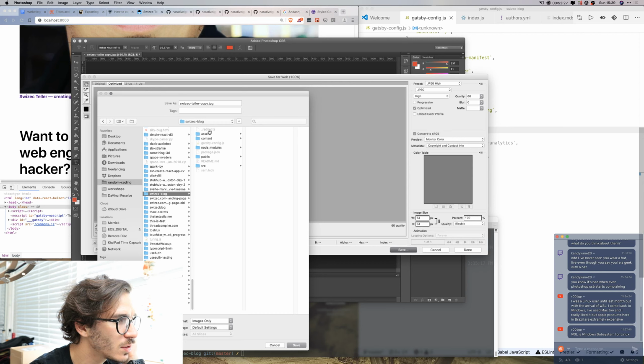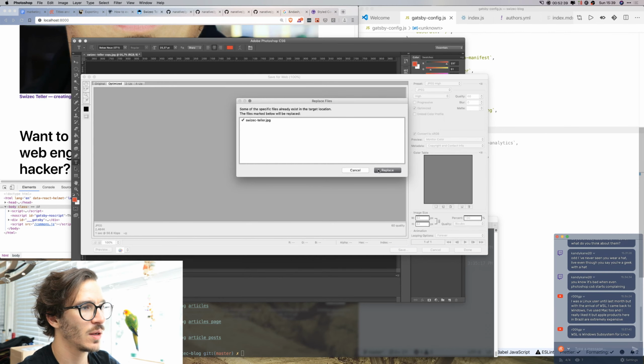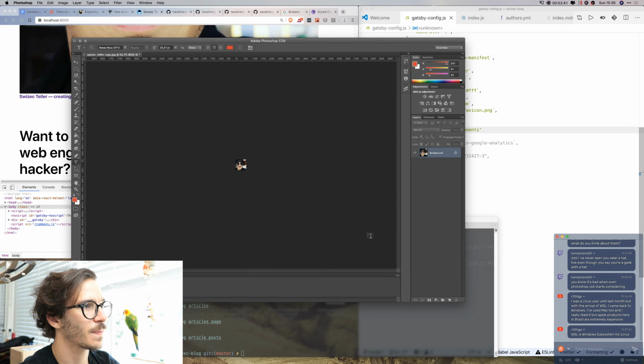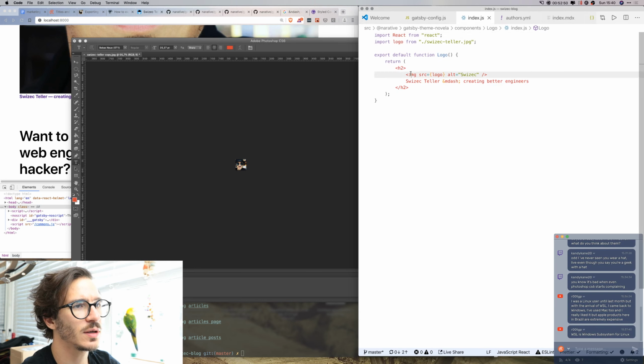Swizard's blog, source, narrative, Gatsby team novella, components, logo, and we overwrite Swizard Stellar JPEG, save, replace. Okay, cool. So I can now go back into index, see this thing here, and we're going to call this